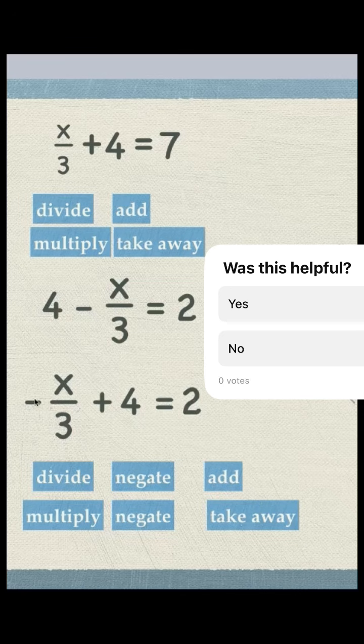Now look at it. If we do 6 divided by 3, we get 2. We negate negative 2, plus 4 is like 4 minus 2. The answer